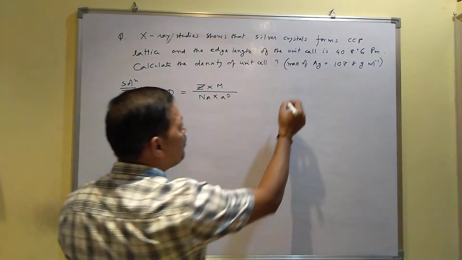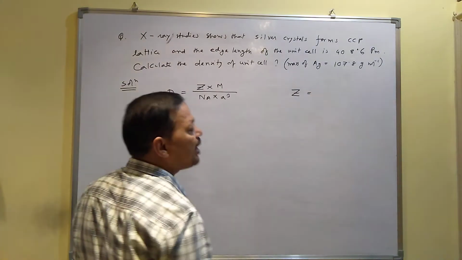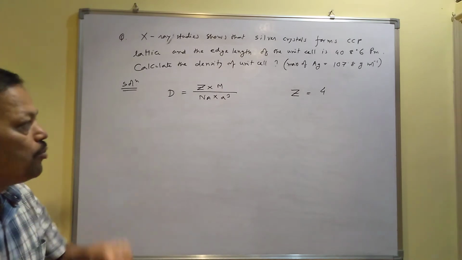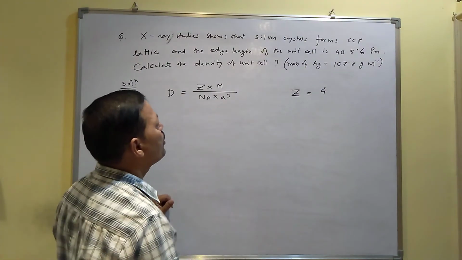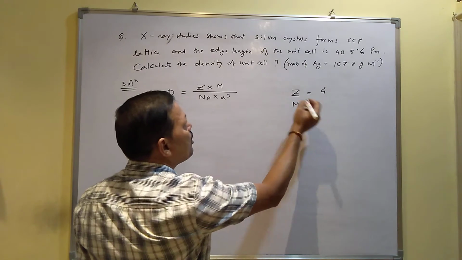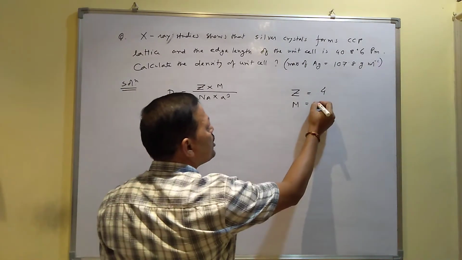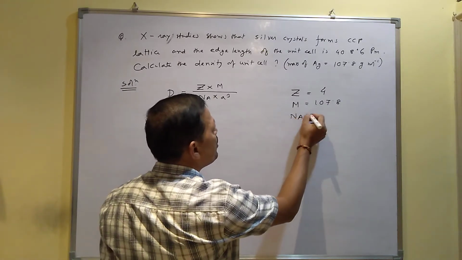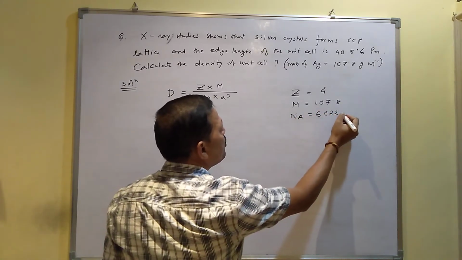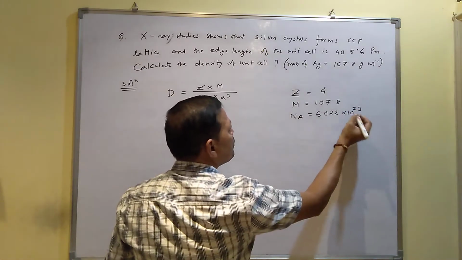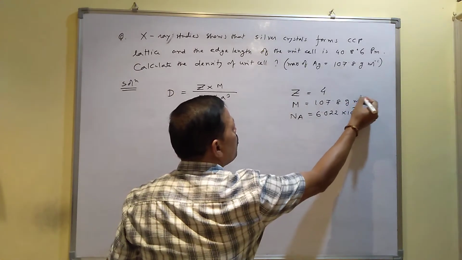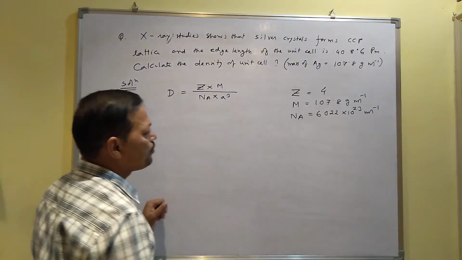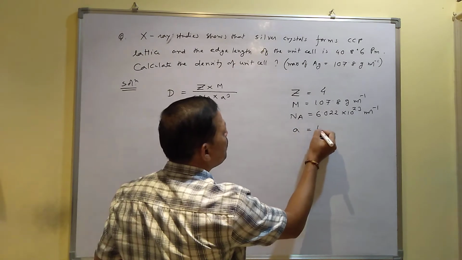Here Z means, it is CCP lattice. CCP means like FCC, so Z value will be 4 because in FCC one unit cell contains 4 particles. M means the molar mass of the particle. Our particle is silver atom, so its mass is given, 107.8. Na means Avogadro's number, you know the value, 6.022 into 10 to the power 23. This unit will be gram per mole, and Avogadro's number unit is per mole, and the edge length is given